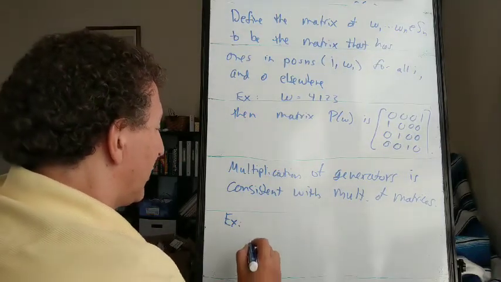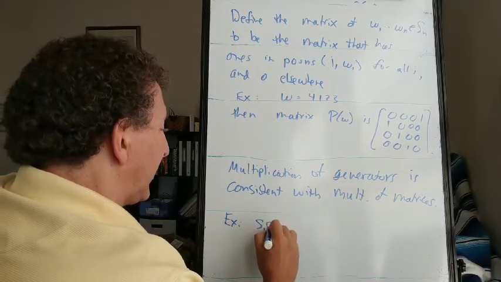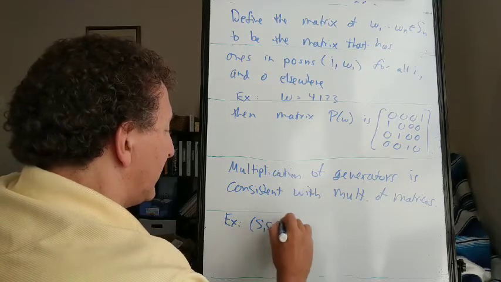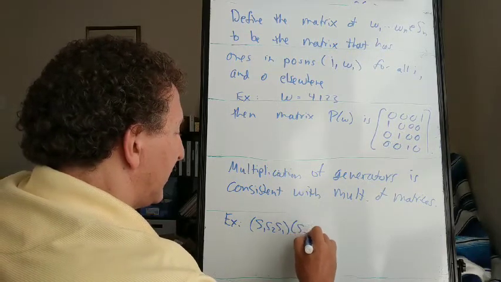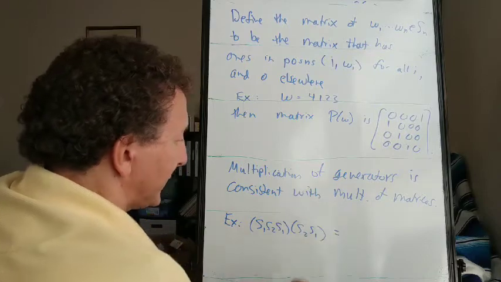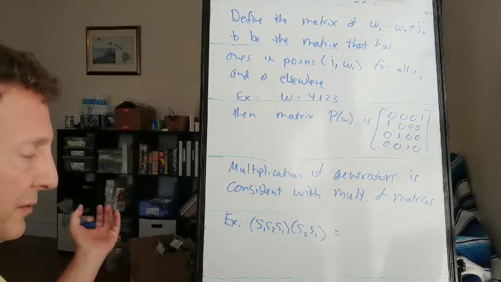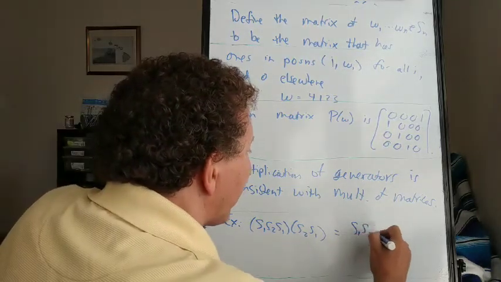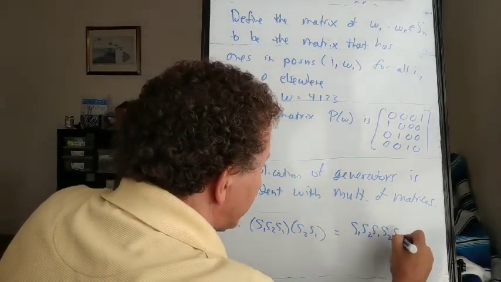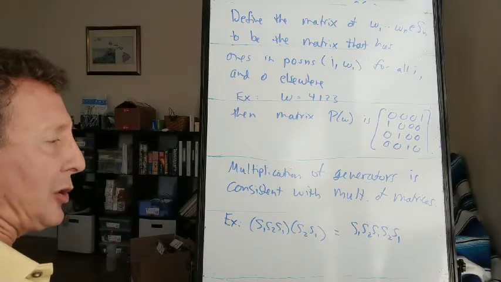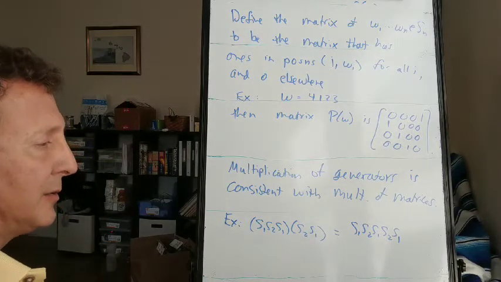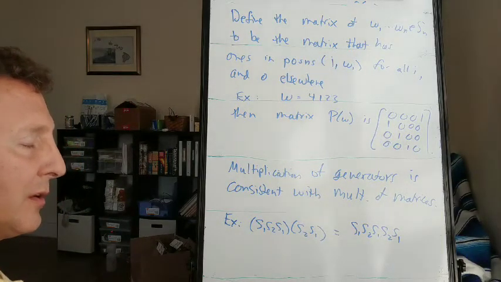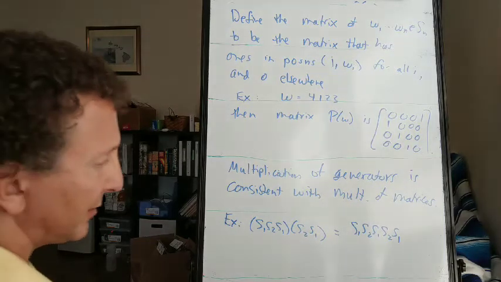So for example, if we look at S1, S2, S1 times S2, S1, so to multiply we would just write the generators in this order, and maybe look at what we can reduce and make shorter using the relations we know. So we know that